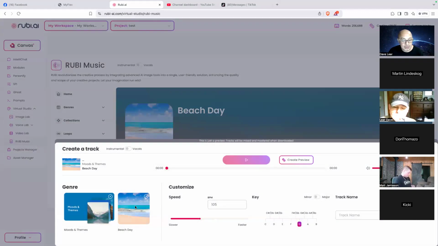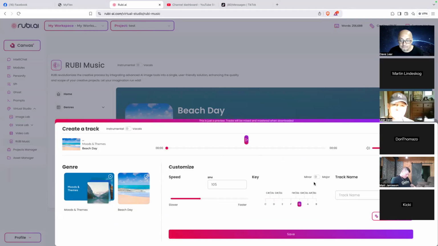Yeah, so you can actually make use of the beats per minute, but it already has a guide. I'll create preview. Yeah, so you can use this for your contents if you have some background music. And again, this theme is a beach day theme.